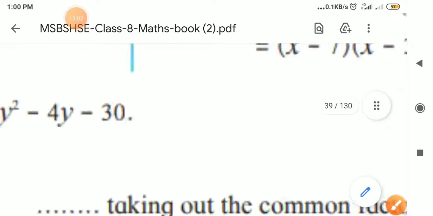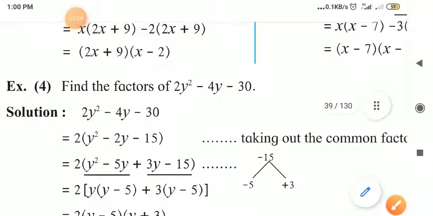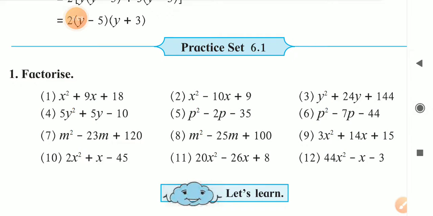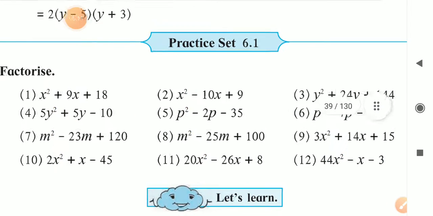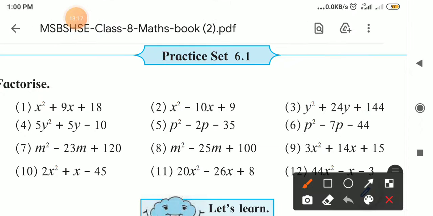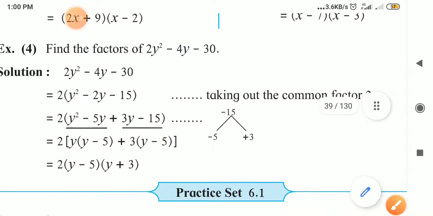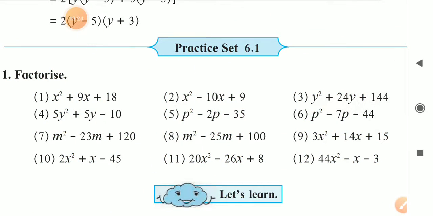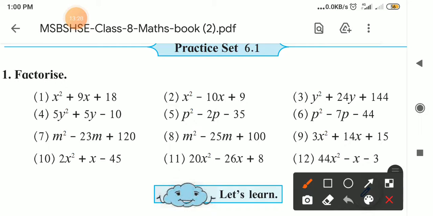Now your homework today is to solve practice set number 6.1. Okay, how many examples are here? 12 examples are there. Each example you have to solve step by step. If you see, each example has 4 or more than 4 steps, so you have to solve each example step by step. This question will come in the exam for 2 marks. So each step carries how many marks? For this, half a mark it carries.